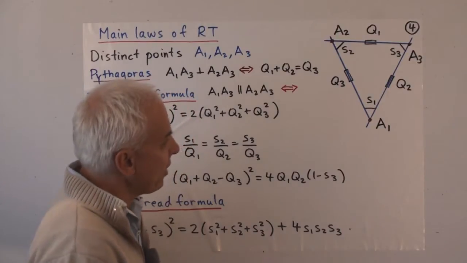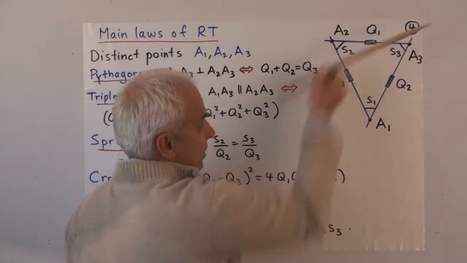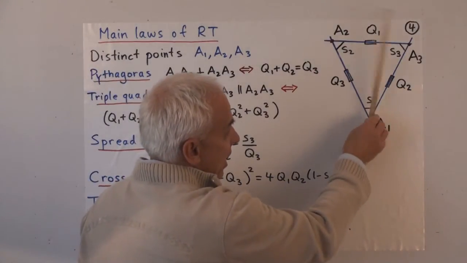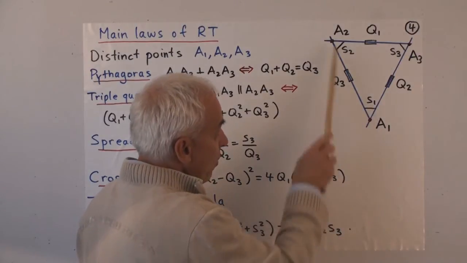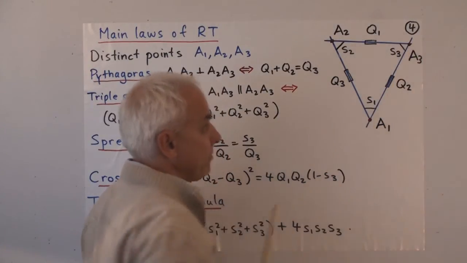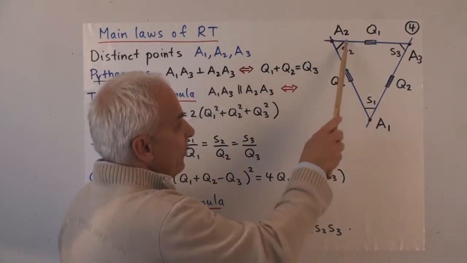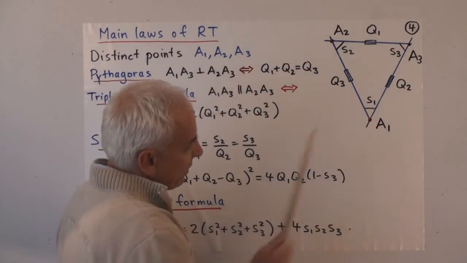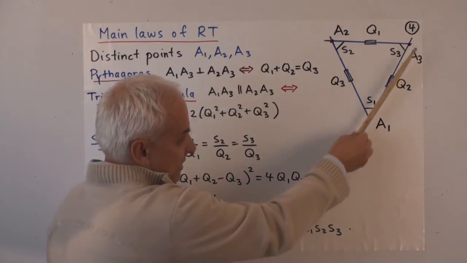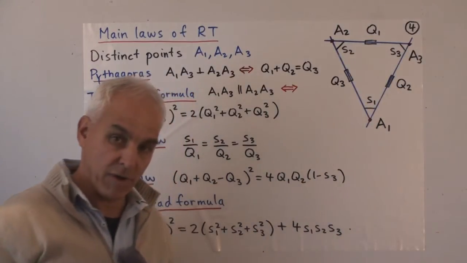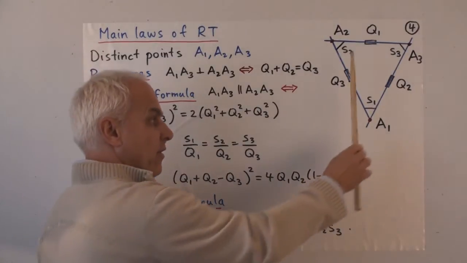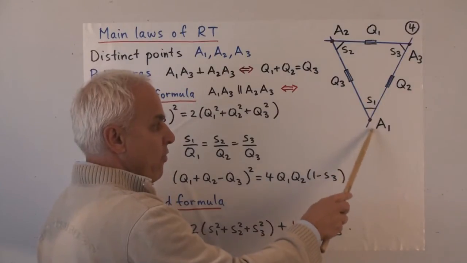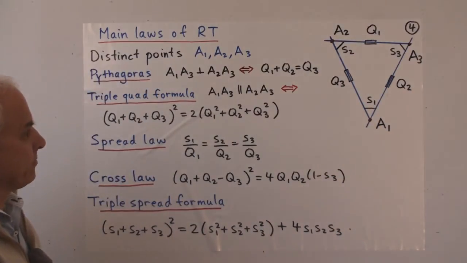And the 3 spreads, well, the 3 lines that are formed by these 3 points, they make 3 spreads. So this spread is the spread between this line and this line. In other words, the spread between the line A1 A2 and the line A1 A3. Call that S1. That's the spread S2, and that's the spread S3. And we put the spread here, but we could actually put it anywhere in 4 places because it's actually only the lines that matter when we are taking the spread, not rays. So the spread is a measurement between 2 lines. And this is just one of 4 possible places to put that little notation.